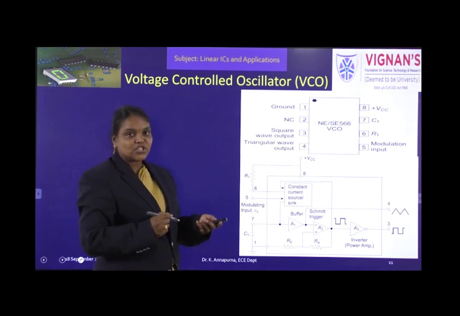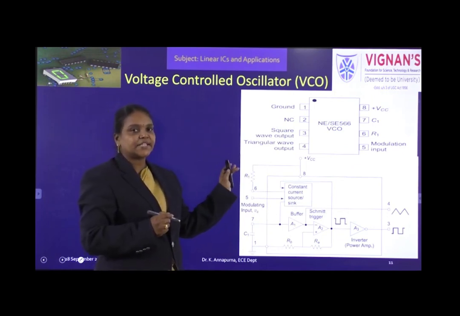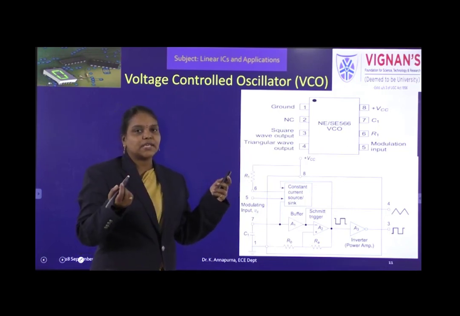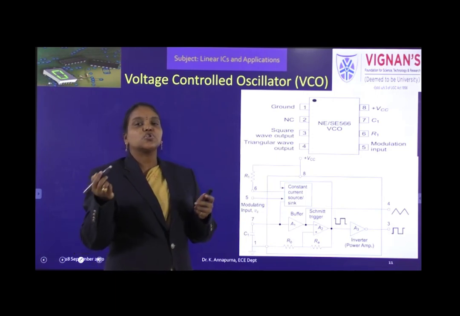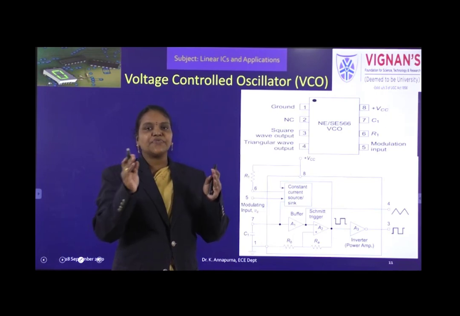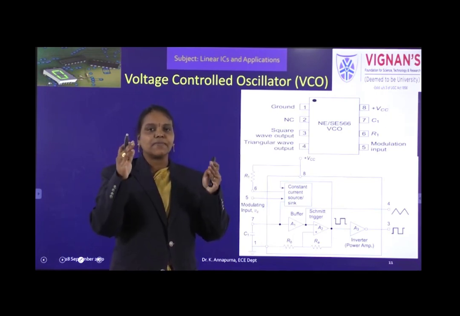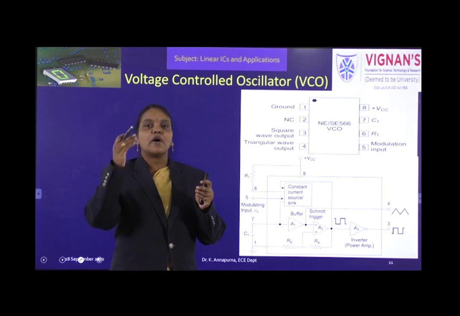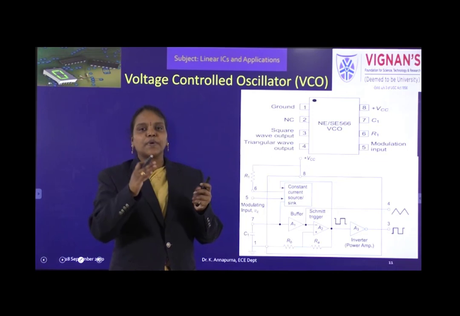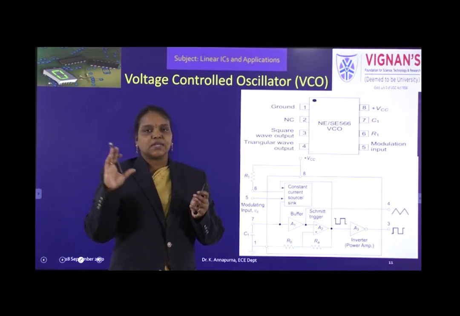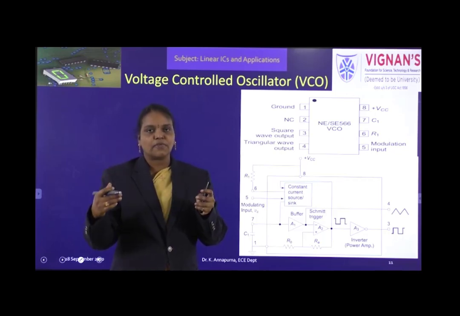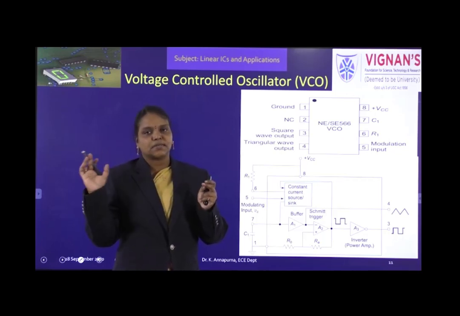Okay, now let us see the next block. First block phase detector we have seen. What is the next block? Low pass filter. So already we have seen filters in the third unit. So low pass filter means which passes the low frequency signal. Actually phase detector output will give us the sum frequency and difference frequency. Out of those two, the difference frequency is the smallest frequency. So it is possible to pass only the difference frequency, not the sum frequency. And that too, if that difference is less than the cutoff frequency of the low pass filter, then only it passes.